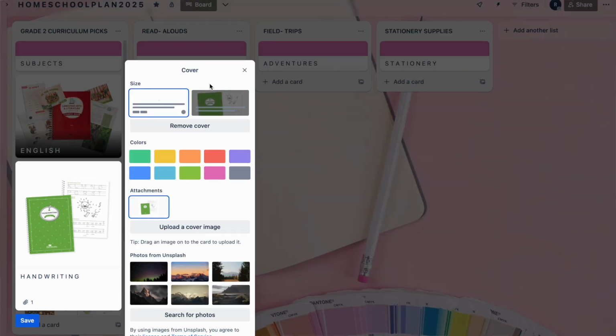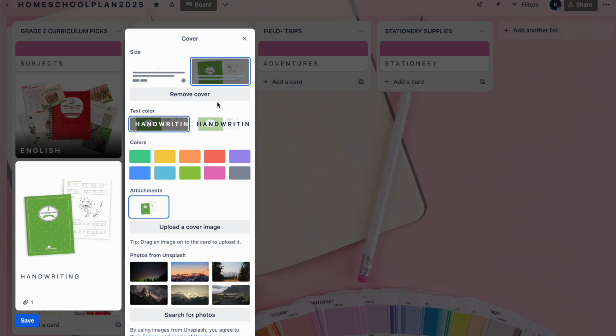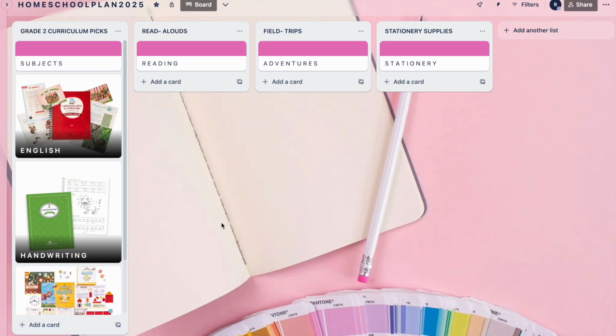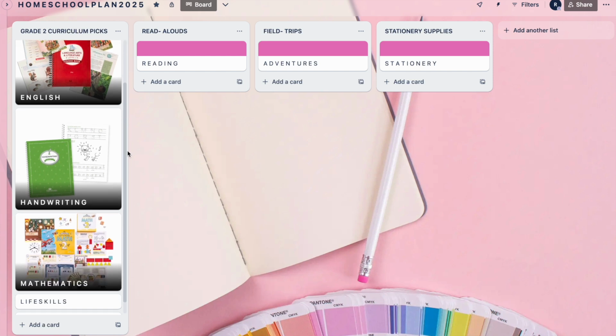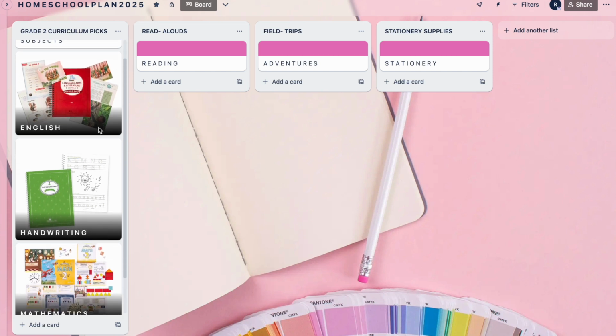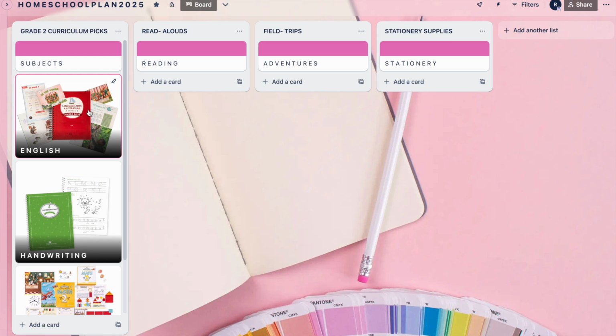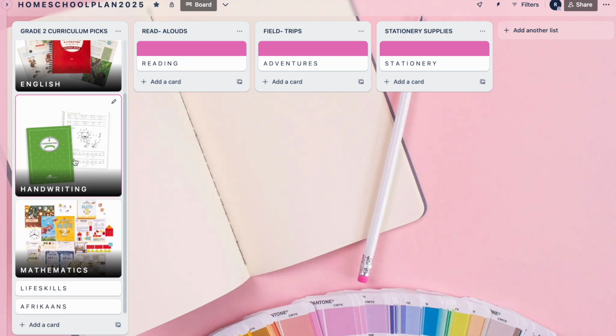and then go back to my Trello board and do as I've done with the others. Control paste. Then I'm going to click on it. Then I'm going to change the cover to this one on my right, and then I'm going to save it. So you see now with my subjects that I've chosen for my grade 2 curriculum picks, I know I'm going